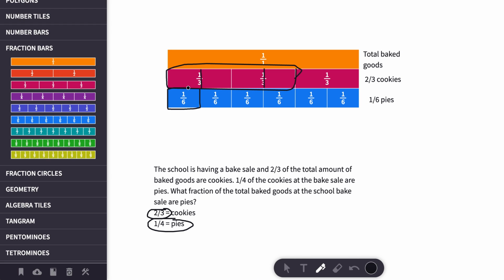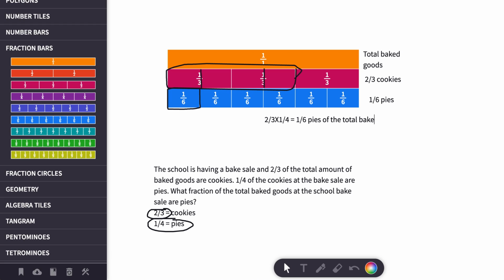is equivalent to a fourth of the 2/3 of cookies for the total baked goods is 1/6. So I'm going to say 2/3 times a fourth equals 1/6 pies of the